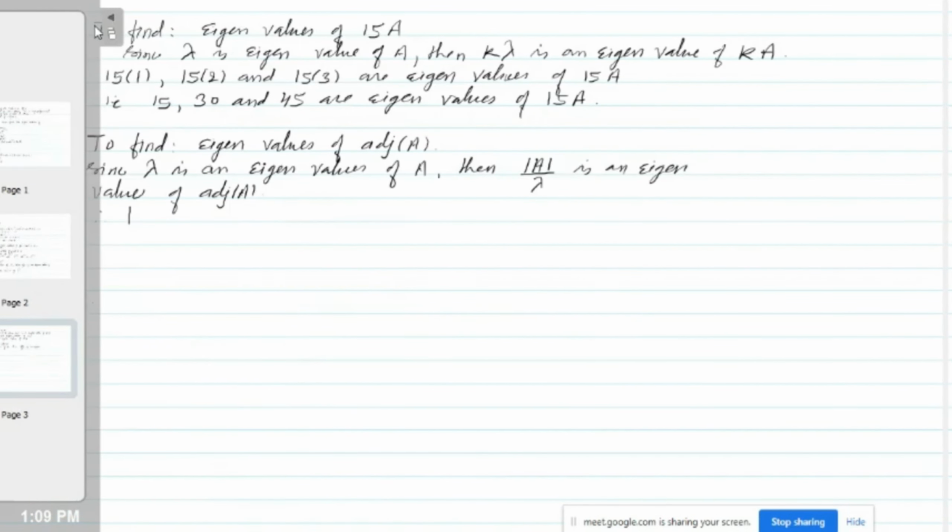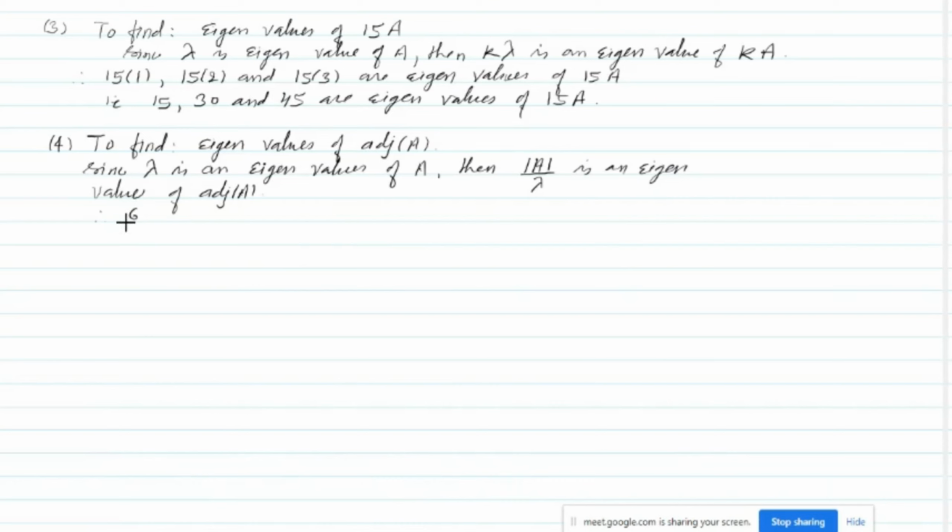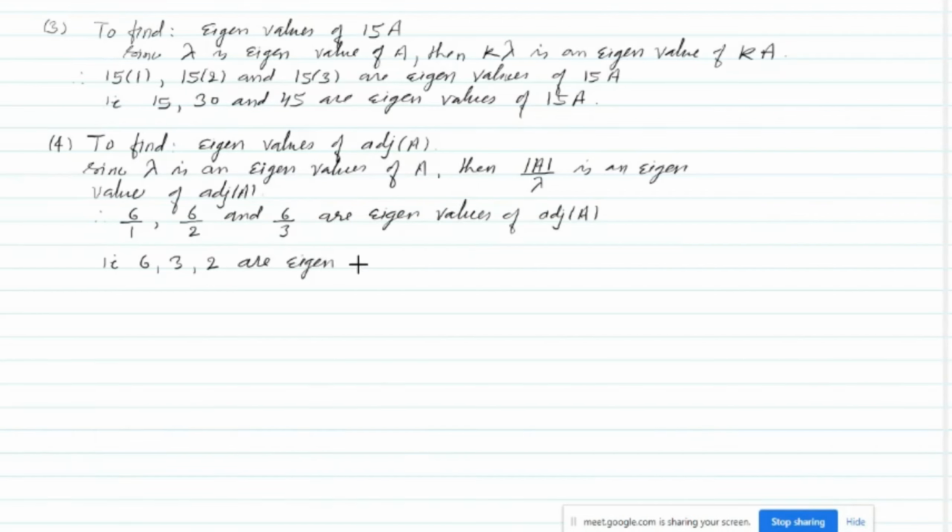Okay, so therefore 6 by lambda gives 6, 6 by 2 and 6 by 3 are the eigenvalues of the matrix adjoint of A. That is, 6, 3 and 2 are the eigenvalues of the matrix adjoint of A. Okay,